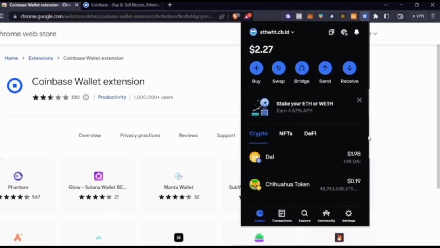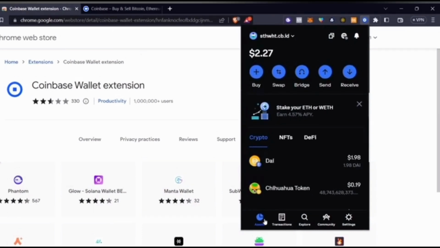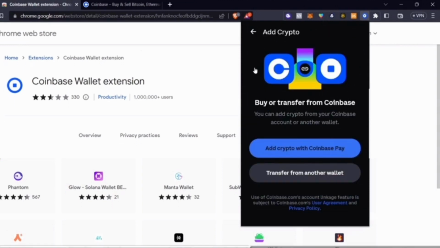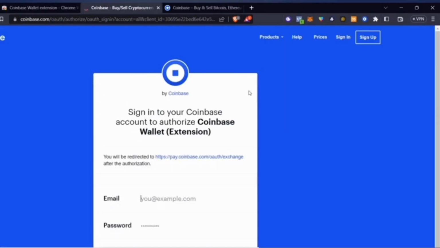After that, to buy any currency, you have to click on the buy option at the top. At the top you will see the various options. You can swap between currencies and you can also send and receive the currencies. To add crypto, you have to select this option and then click on the add crypto with Coinbase or transfer from another wallet option. After that, here you have to enter your wallet details from which you want to add